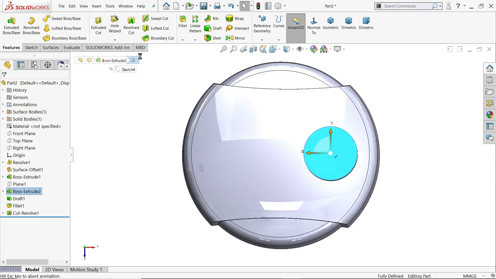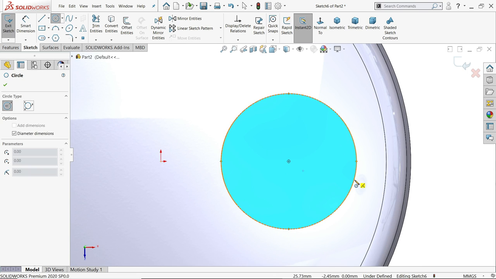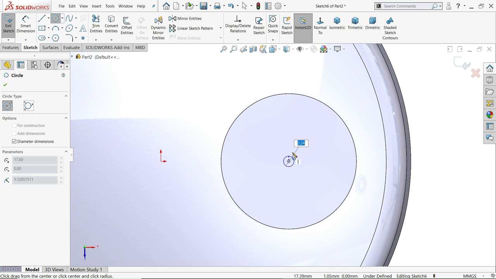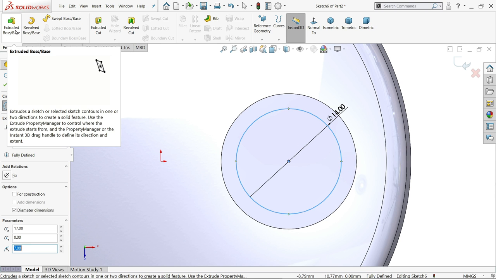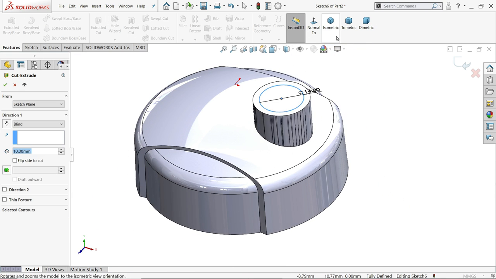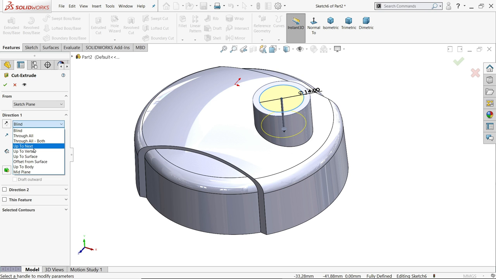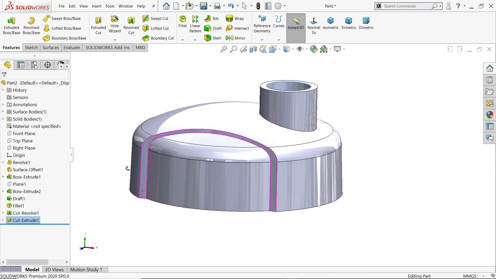select the face, sketch, circle, and here we need to cut a hole. 14 millimeter. Select extruded cut and here end condition, choose next. See,